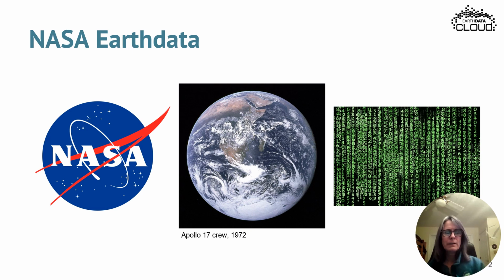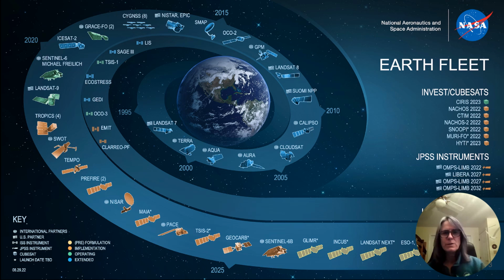NASA certainly collects a lot of Earth data, and this image shows where a lot of that comes from. This is the NASA Earth fleet, and it shows the history, current and future orbital or satellite missions. Some of you might be familiar with back in the 90s, starting with Landsat and the Terra and Aqua missions, all the way out to present missions, looking at